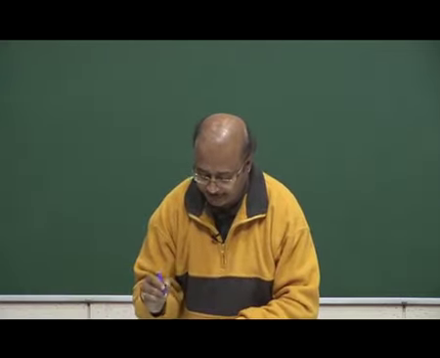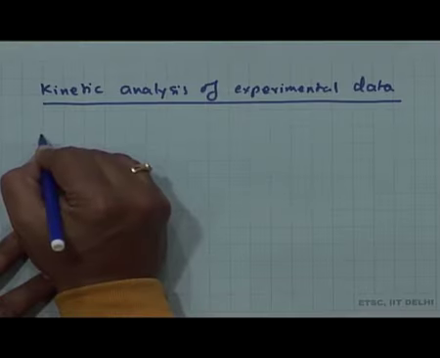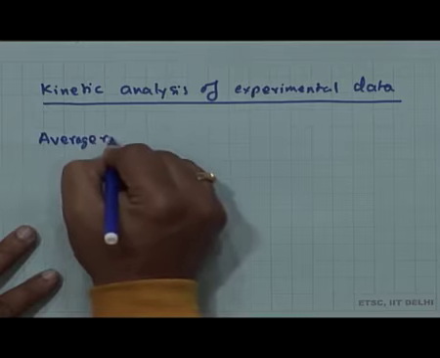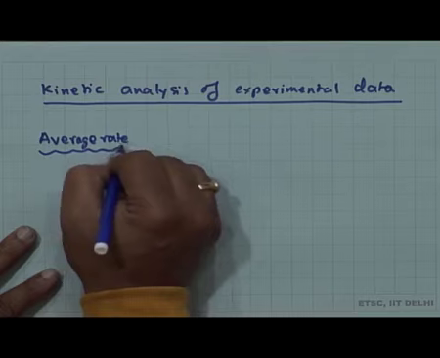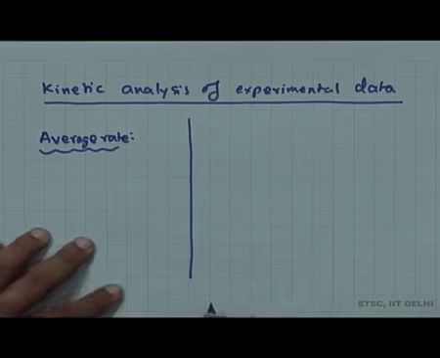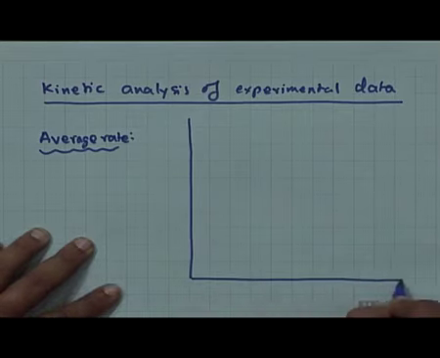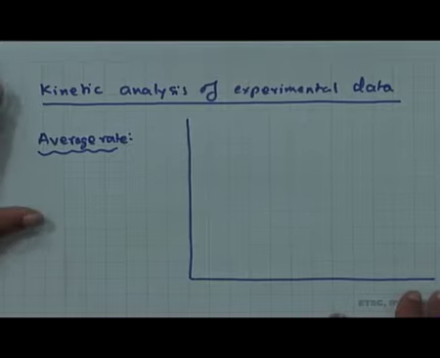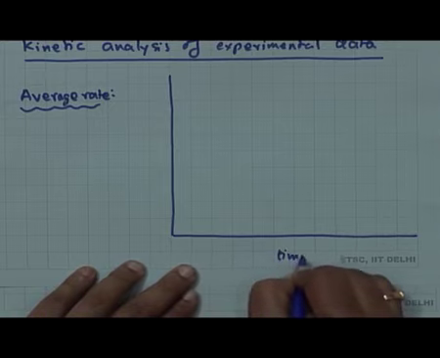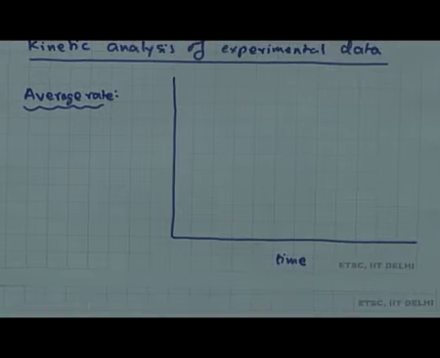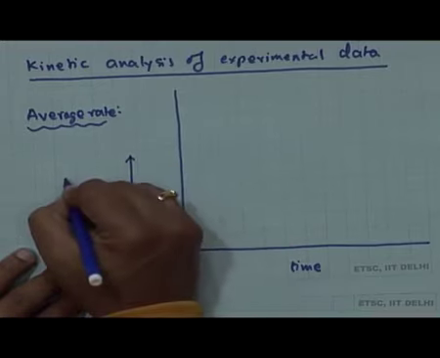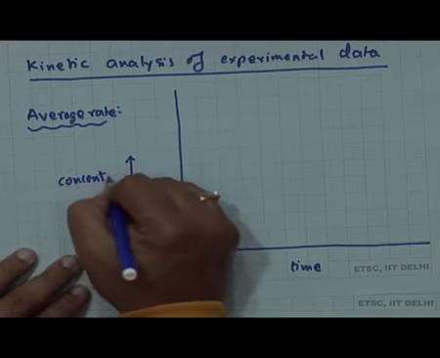So, let us look at this one first. What we will try to discuss out here is something known as average rate. So, for example, you take this plot. What I have here is time, it can be any unit, let us take it seconds, does not matter. What I have on the y axis is concentration,